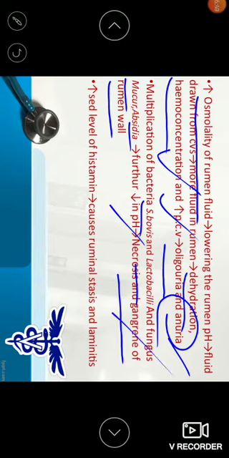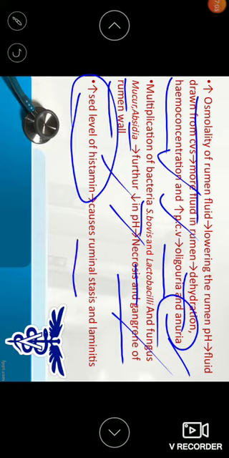Scientists have also revealed that there is increased secretion of histamine. This is not directly like an allergic reaction, but it is a type of toxic principle working. So histamine secretion is there. This histamine secretion causes ruminal stasis, meaning the rumen contraction and expansion become static, because it does not work at all. And that histamine also causes laminitis, meaning there is inflammation of your joints, and there is